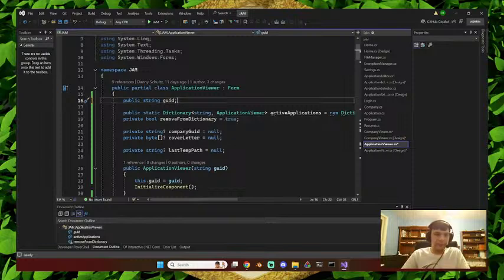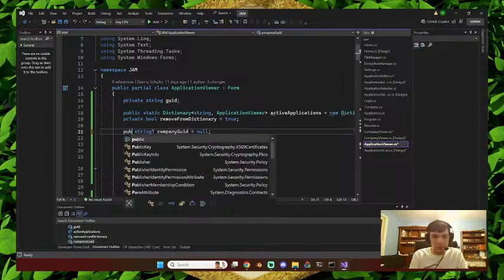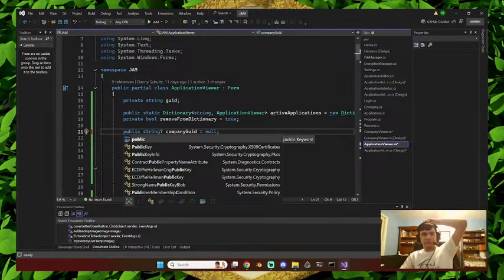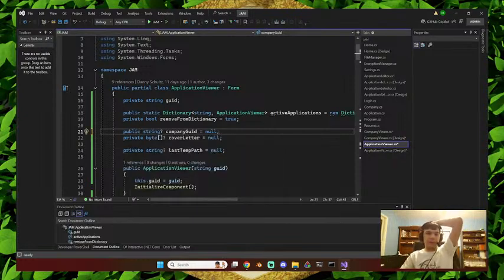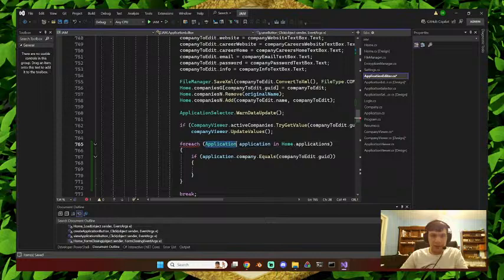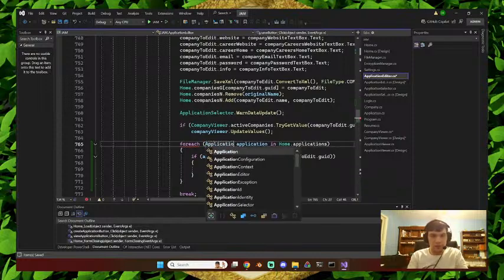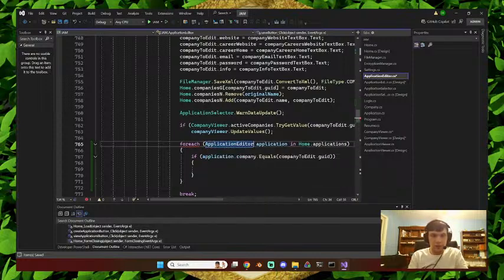Oh wait, no. We need this to be public, because now what we'll do is we'll actually just go through these. For each application editor, no, viewer, what am I saying? For each application viewer